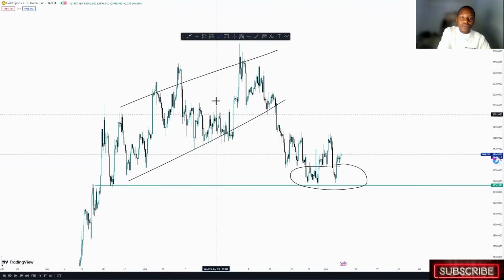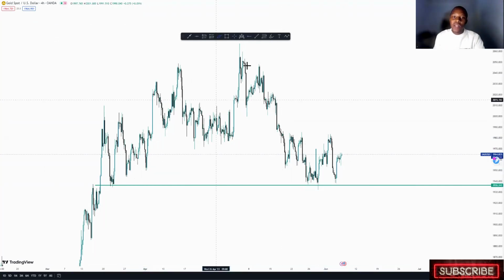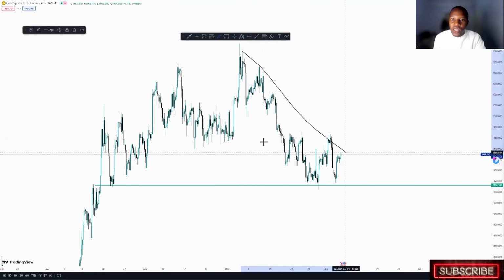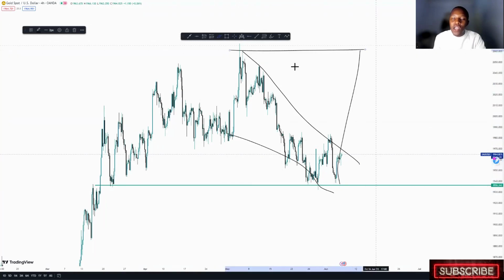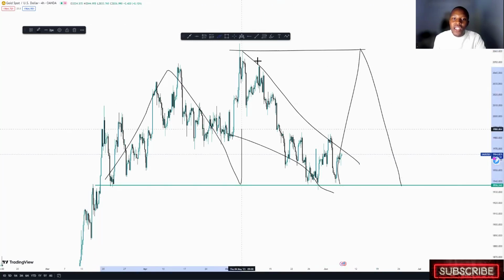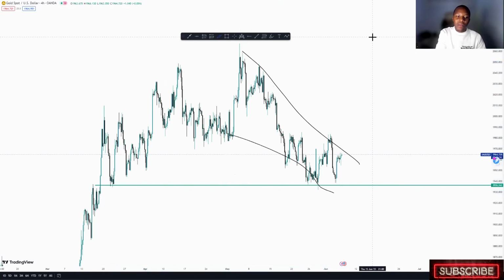For example, what could possibly happen in the future? What I'm talking about here is this. If this is an impulse move and then gold ends up going all the way to the upside, most probably the market will start to come back down from there, meaning that recreating what could be a head and shoulder. So that is the first thing that I want you to keep in mind.